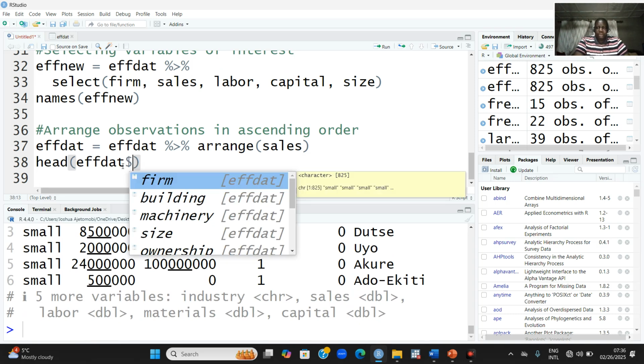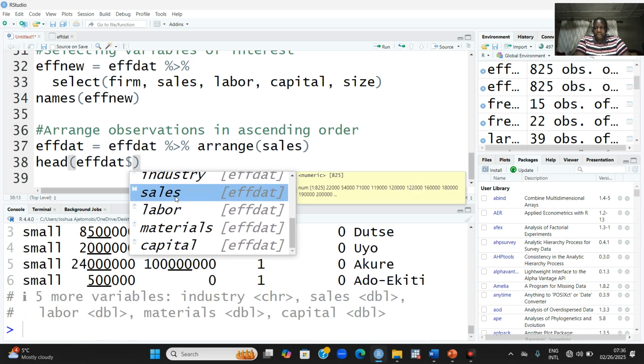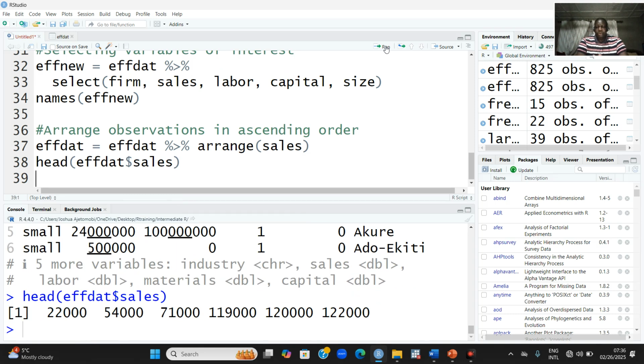It's going to give us the list of all the variables. So let's pick sales so that we have the result for sales alone. So run. Beautiful. So you can now see that this is arranged in